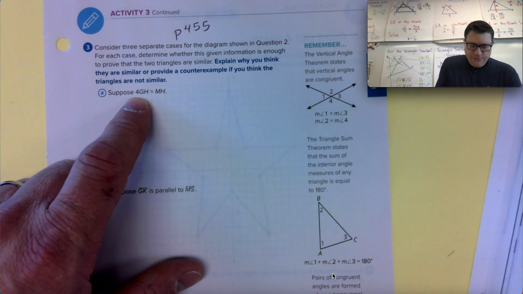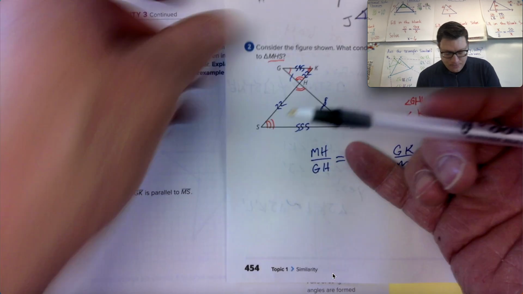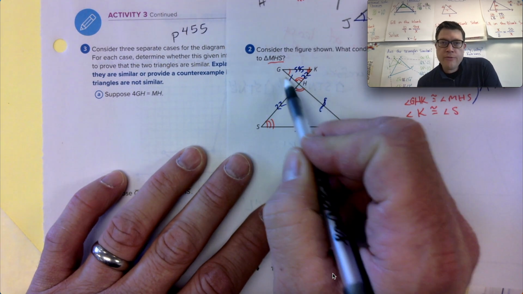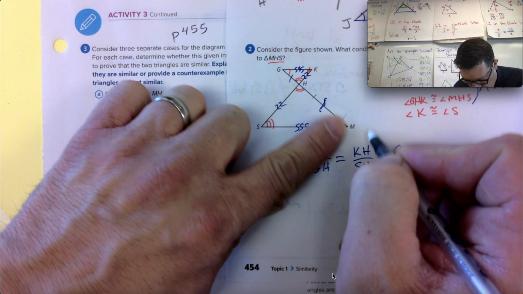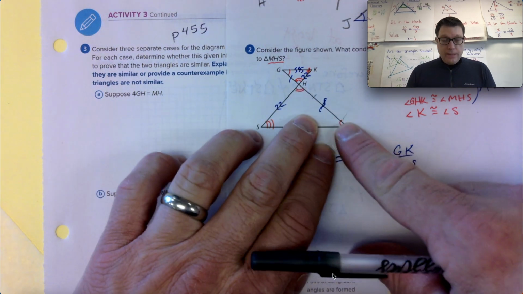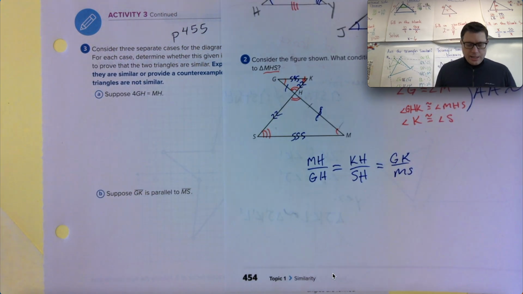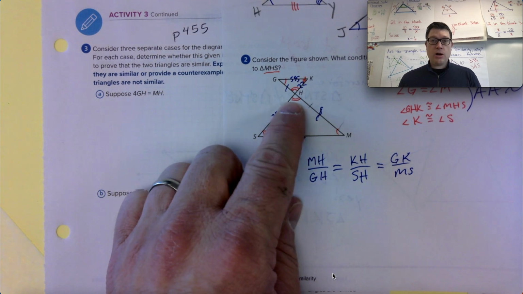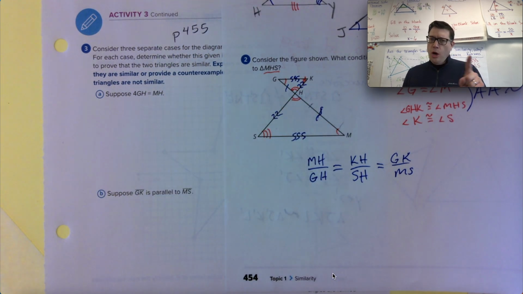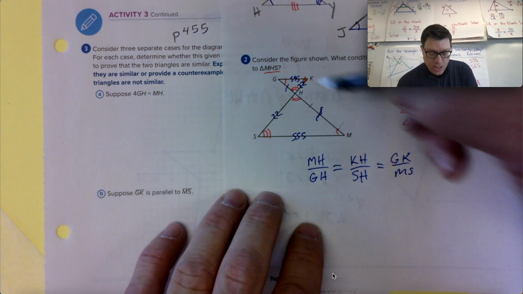Suppose that 4GH equals MH. What that says is that it's going to take 4 of these segments, so 1, 2, 3, 4, to completely match the other side. There's like a 4-to-1 ratio here. Now, that's the only information that we're given about how the pair of corresponding sides are related. What we do know is that angle H on both sides, they're vertical angles, so these two angles